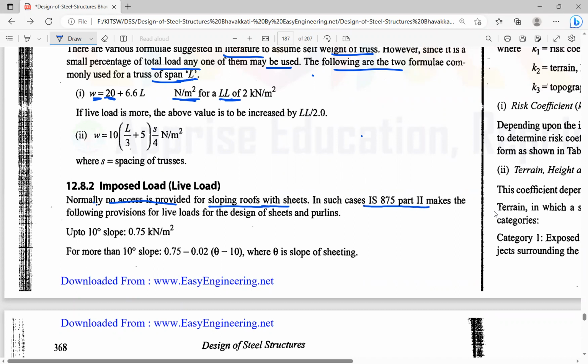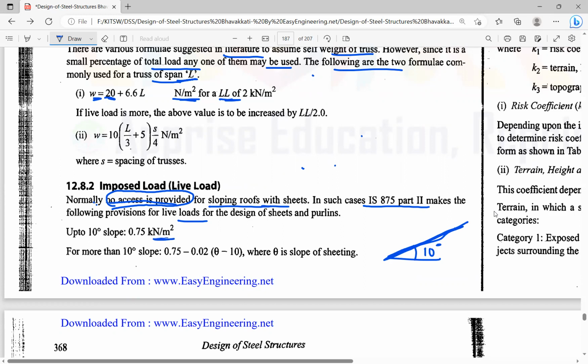IS 800 part 2 makes the following provisions for live load. Depending on whether we provide access or not, we are going to calculate the loads. If access is provided, or no access is provided, and access is not provided. For that, up to 10 degree slope. So this is the roof, actually, a roof or a truss. Up to 10 degree slope,